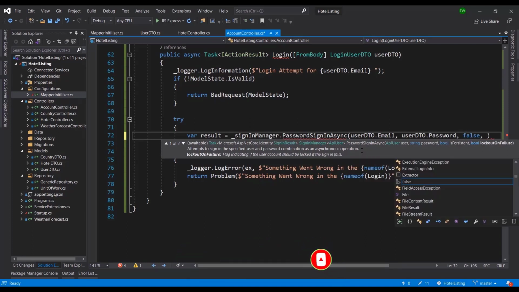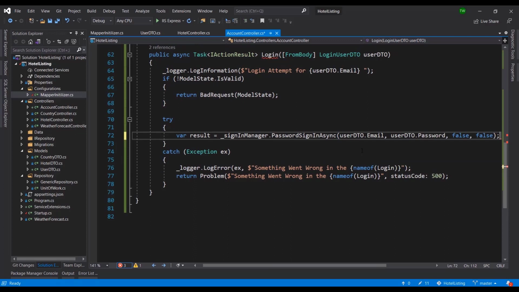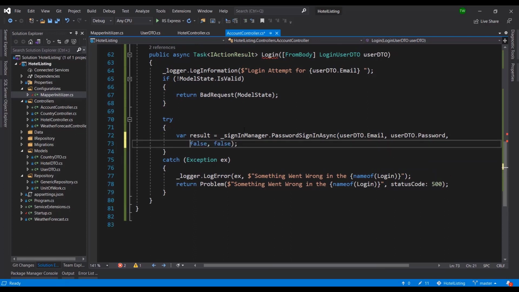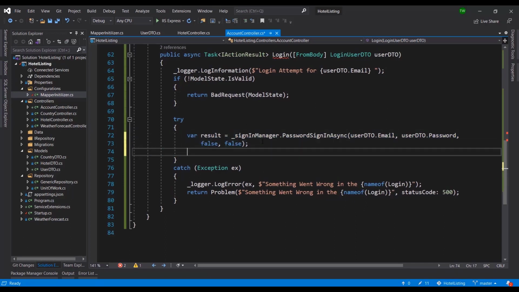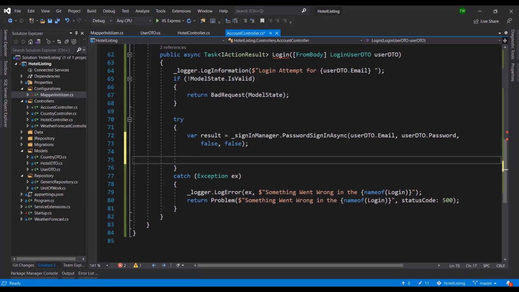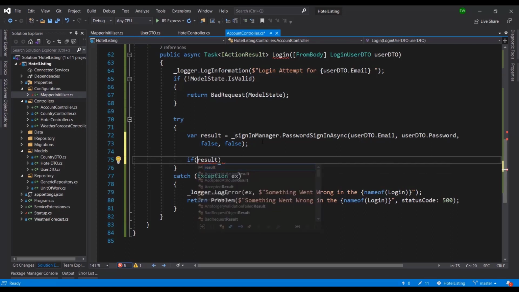All right. And then the last one, lock on failure. I don't want to lock anybody when they fail to log in. That would be too much of an administrative overhead. Once again, context is everything. But this is what our sign-in code looks like. Now, the result is going to be a similar object to the register attempt. So we can just say if result, or sorry, if not result dot